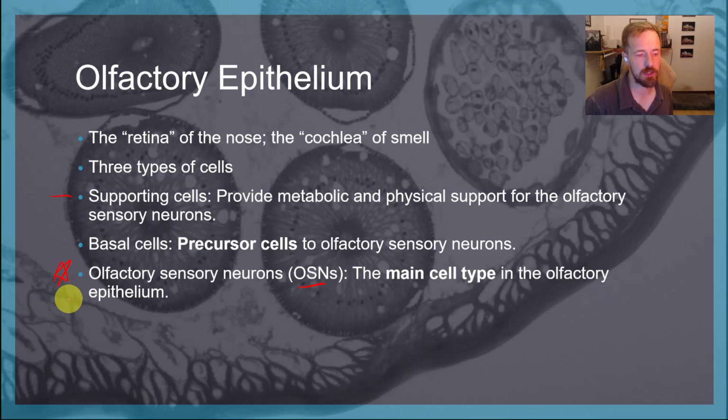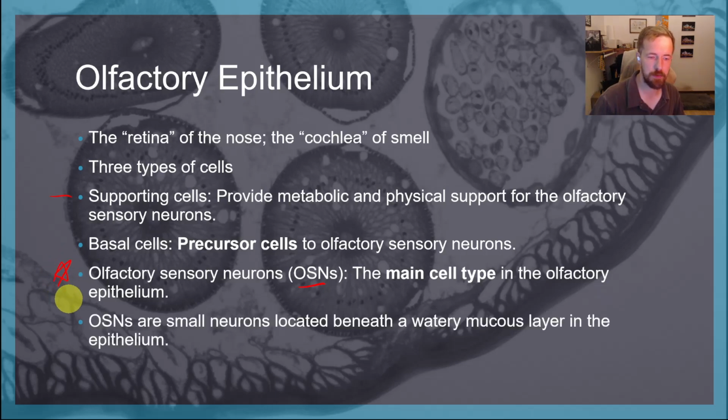The most important ones here are going to be the OSNs, the olfactory sensory neurons, but it is also important to say that if you have COVID, for example, and COVID can target the supporting cells here, and the supporting cells really kind of help keep the olfactory sensory neurons alive, keep them healthy, keep them active, keep them clean. If you lose those, then you can also lose your ability to smell, which is what we see with COVID and things like that. Those olfactory sensory neurons are going to be in this mucous membrane that is.